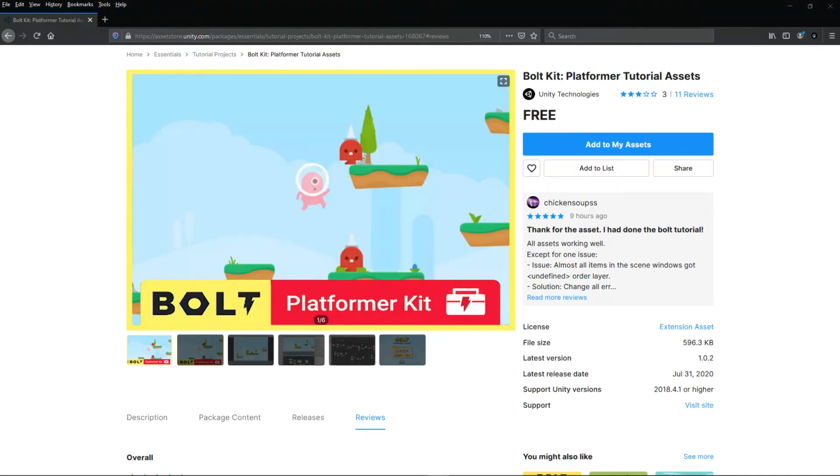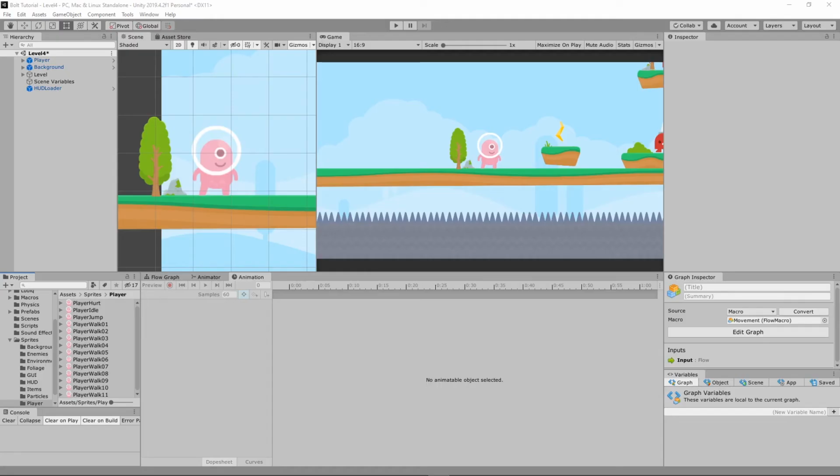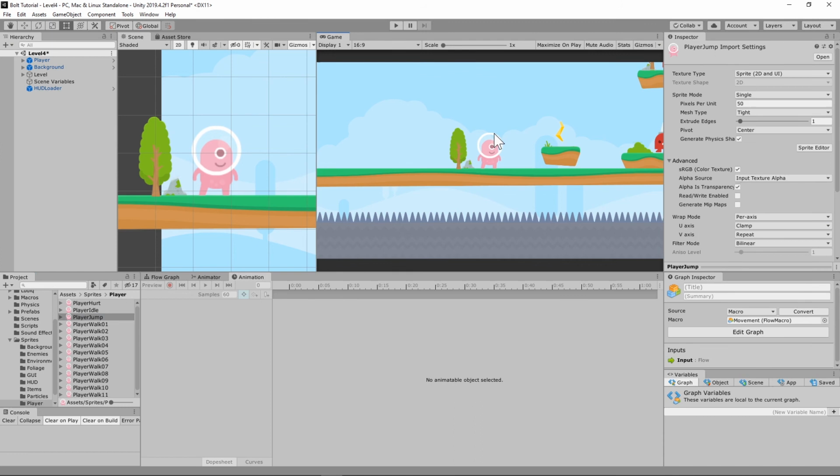Today we're going to add a new animation to the 2D Bolt Platformer Tutorial Asset Pack. I'll walk you through what I did from start to finish and how I implemented it into my game without a single line of code. Let's get started. Okay, for our dash animation, I'm just going to grab the jump